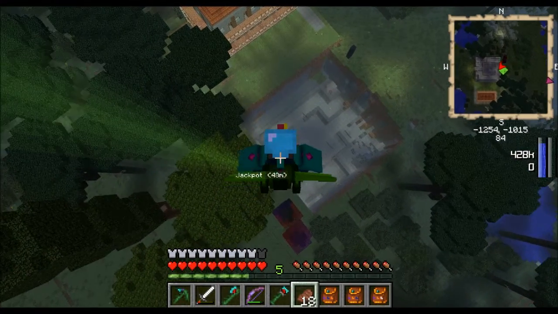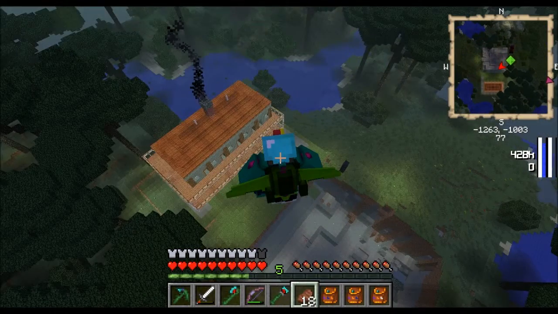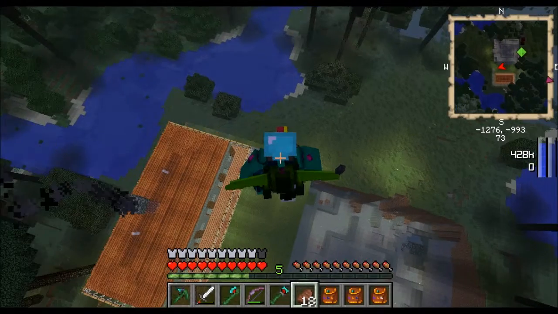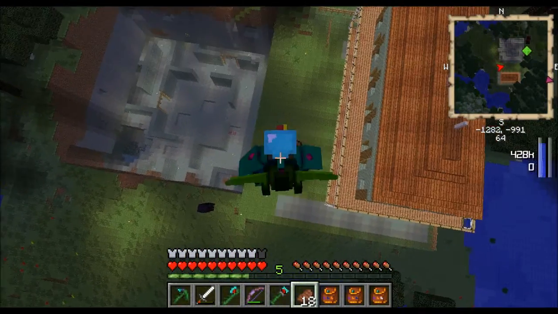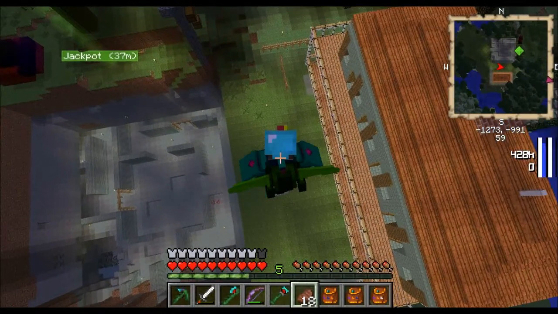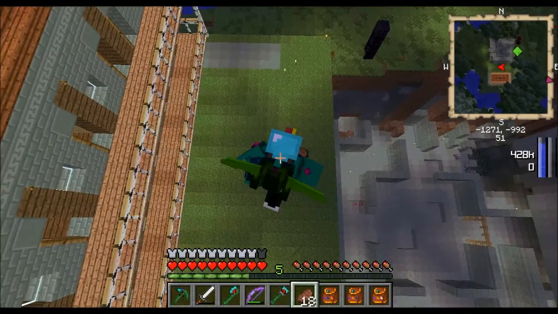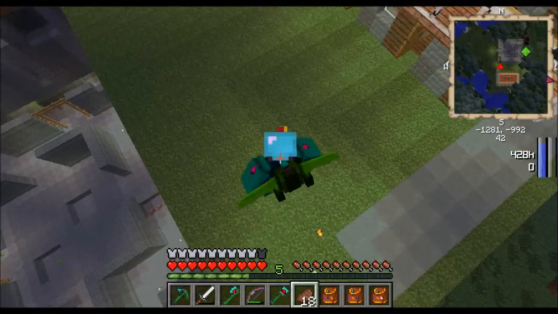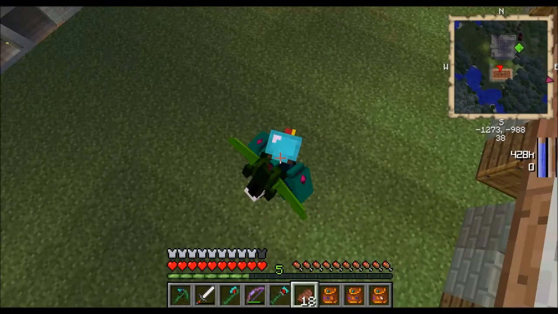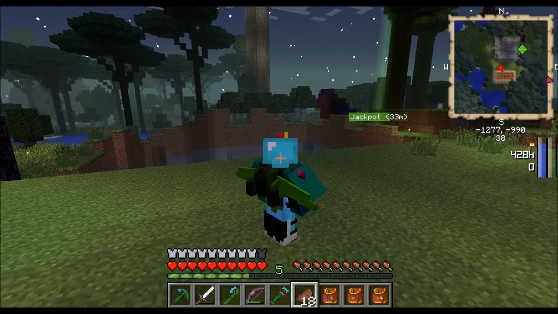Here's the area where I'm building. Although this is the same building as I make in the survival, the apartment complex. I'm going to put some peasants in here, that kind of thing. I'm going to put a trader in. Where this crater is over here, that's where the